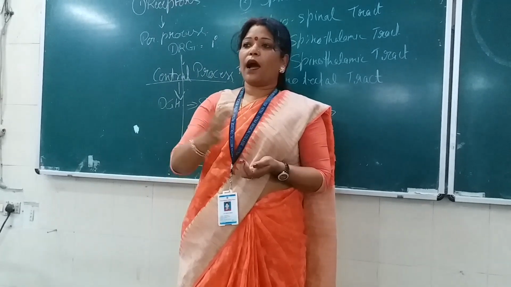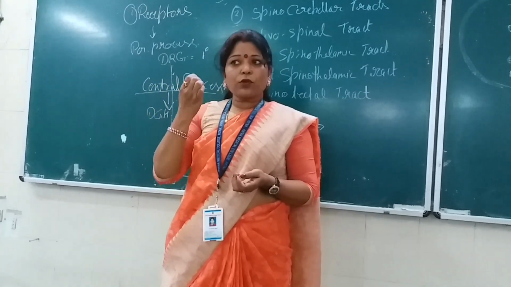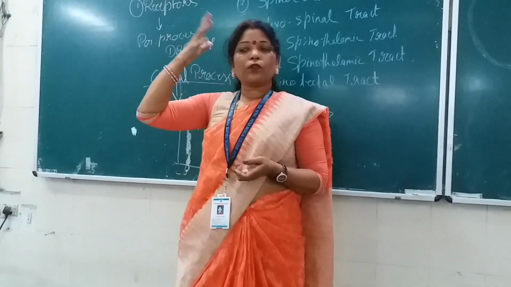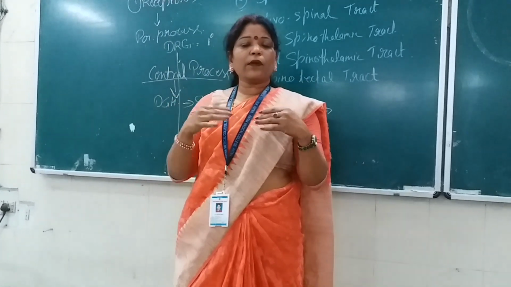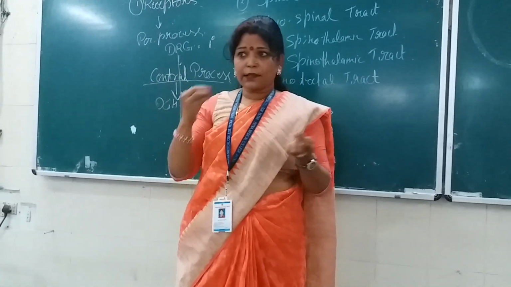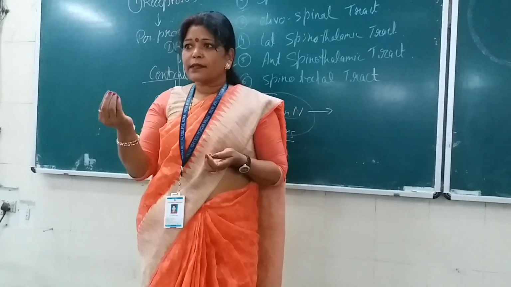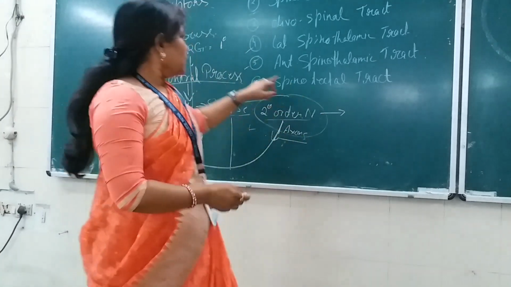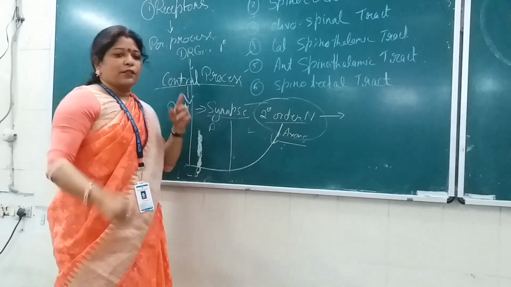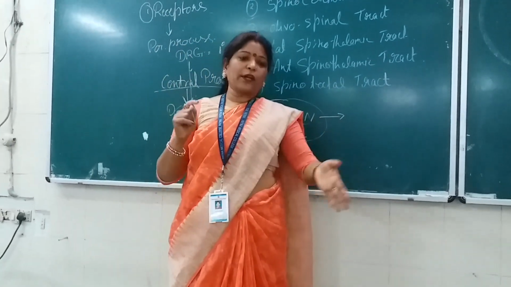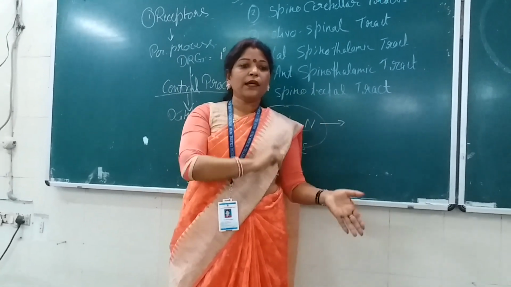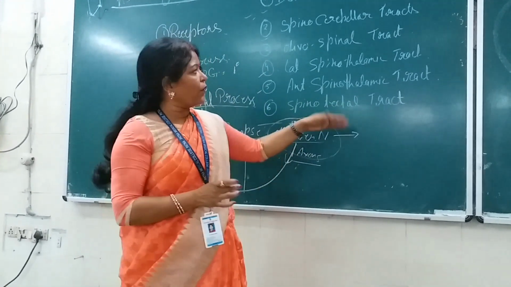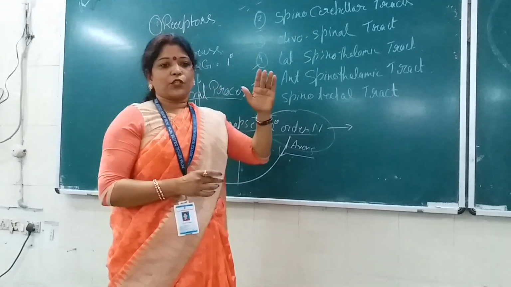Suppose some other, say unconscious proprioceptive impulses. This sensation will not go to the cortical area. It will go to the cerebellum below the cortex. So it will not attain consciousness. Consciousness will not be attained there at the cerebellar level. Okay, so that's why there will be no crossing of the fibers. So you have to keep these things in mind. The right side cerebral hemisphere receives the modalities of sensation from the left side and vice versa. Okay, so these were some important key points before going into detail of these individual tracts.